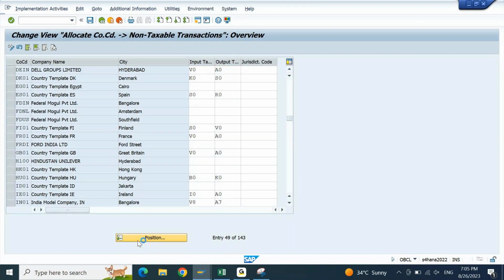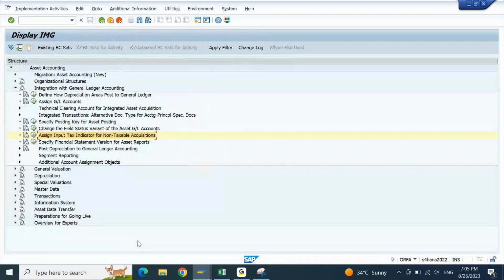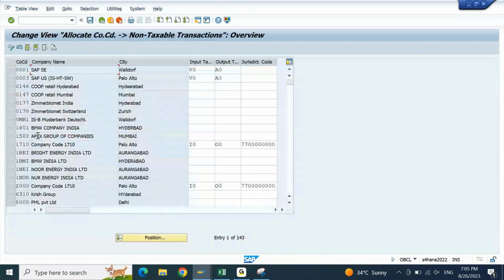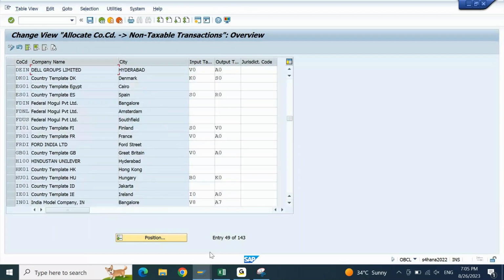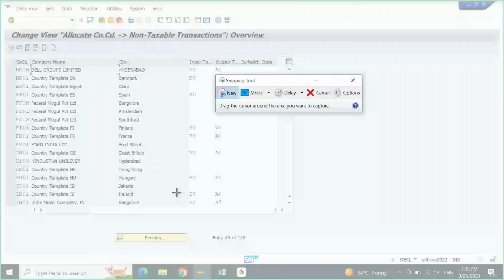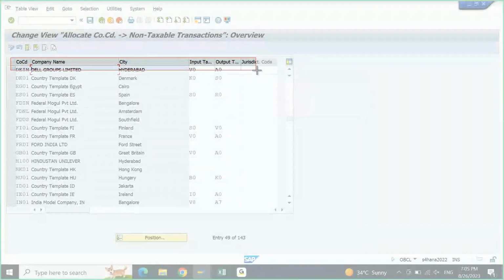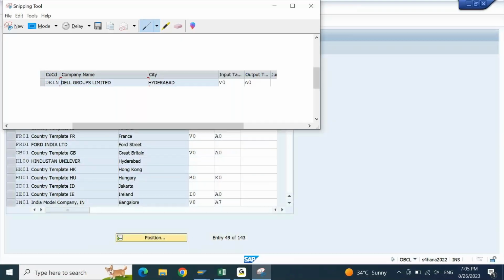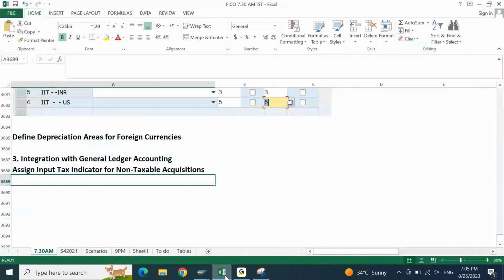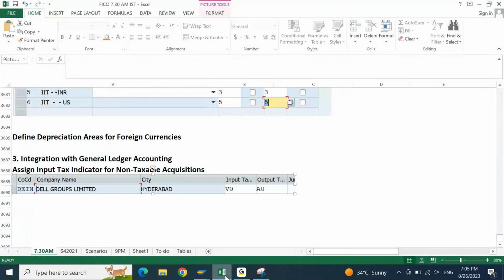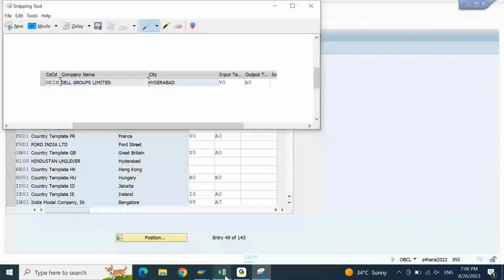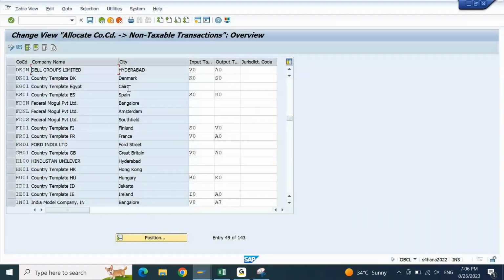Come back. I'll place this screenshot here. I'll click on new entries, copy. This setting must be reflected here. Paste it. After this,